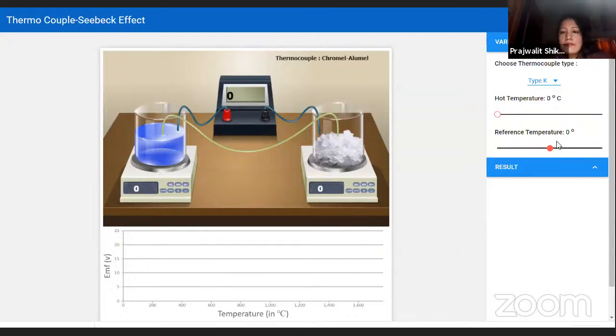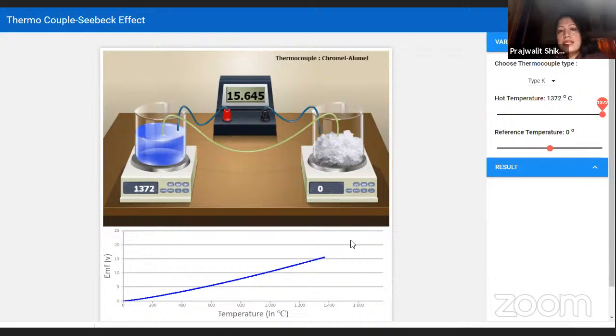So now here again the reference temperature is kept at 0, and let us increase the hot temperature, and we can increase it as fast as we can. It is not going to affect the result. And you can see the graph is automatically generated, and it will stop at the neutral temperature for this particular thermocouple. We can also ask students to note down the temperature and plot the graph. I have also done that, and the nature of the graph is very similar. So the results are verified. This is type K, the chromel alumel thermocouple, and 1372 is the neutral temperature for this particular